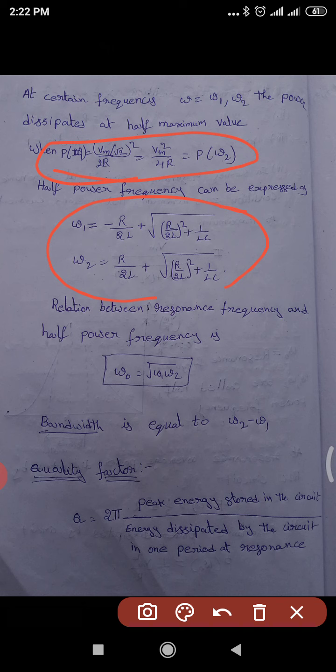Why? Because the derivations also exist, but it takes much more time to explain all these things. That's why I am only explaining the formulas. Anyone who needs the derivation of these equations, please call me. I will send all the expression derivations. Just now I am writing the final equations here.